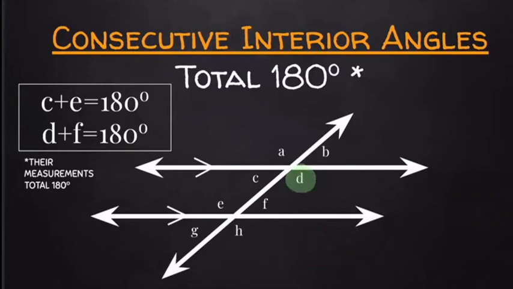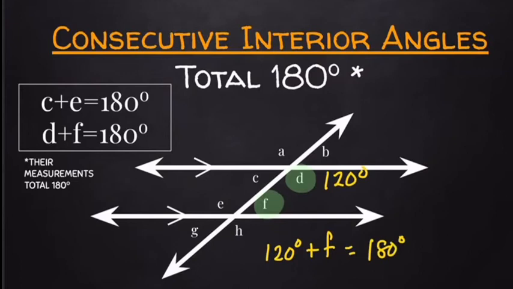So if D and F, according to Donald, are consecutive interior, if the measurement of D is 120 degrees, what would be the measurement of angle F? 现在我们可以用上一个 topic 我们学的 algebra 来算出 F 是什么，因为 D 加 F 是180，所以120加 F 就是180，然后两边都减120，那就会得 F 就等于60度。因为我们知道 consecutive interior angles total 是180度。